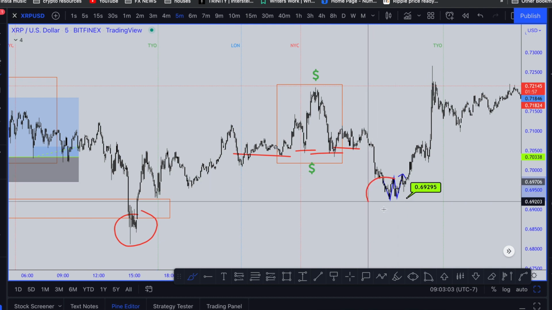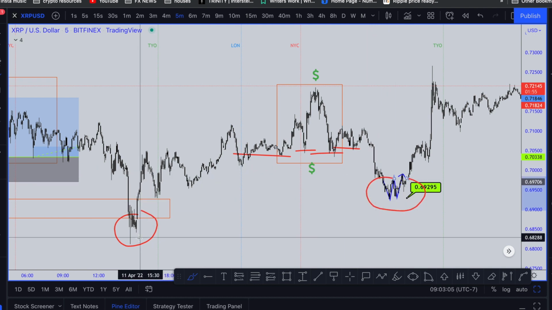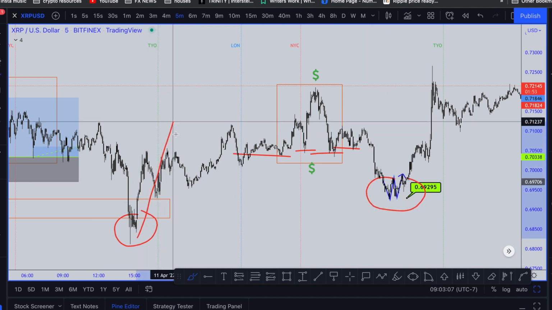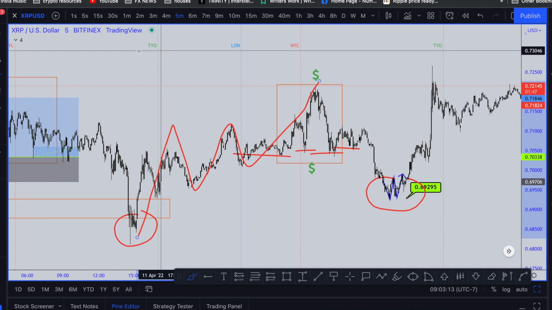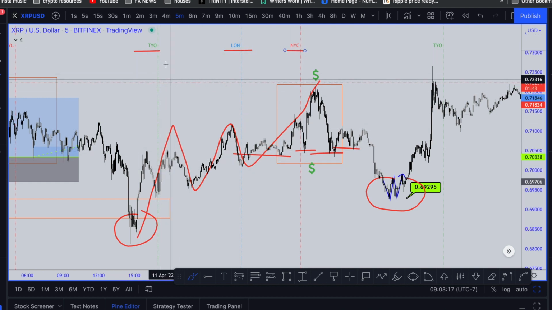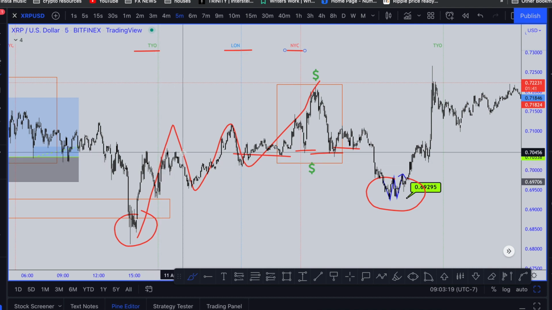And now you guys can see structure in the market or bullish order flow, where it's what? Higher high, higher low, higher high, higher low, higher high. And look at this. In every single session, Asia, London, and New York, there was manipulation. Where was the manipulation in Asia? We see. What is this pattern right here, guys?